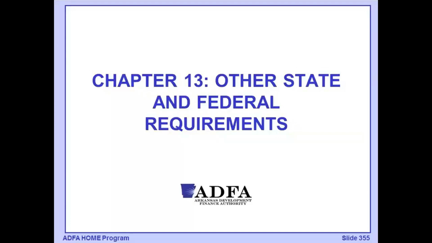Chapter 13, Other State and Federal Requirements. So much of what we've talked about in earlier modules, we've really focused on the home program requirements themselves. We've mentioned, in some cases, some of the other state and local requirements, particularly around property standards. But in this chapter, we're going to be talking about a whole laundry list of other state and federal requirements